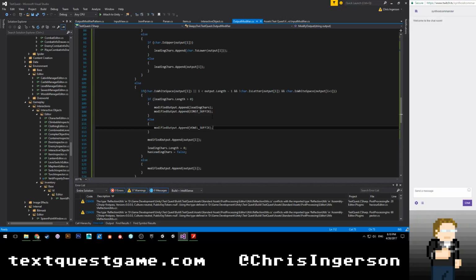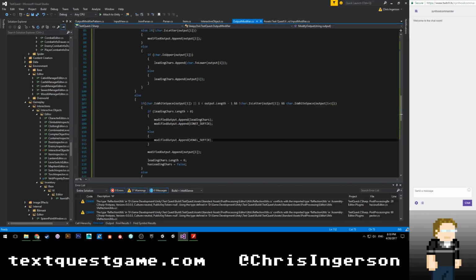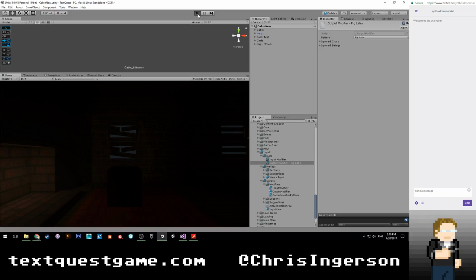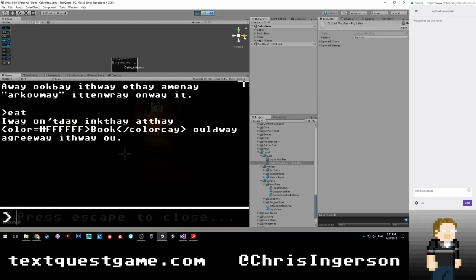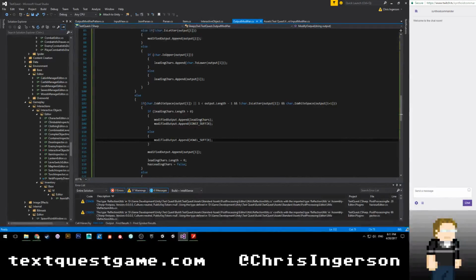Oh, I know why. It's because I'm checking for a white space. That's actually not good enough. The problem is if I just type the word eat with no space after it. Here, I'll show you what I mean. Actually, it might get trimmed, so it might not make a difference. So if I say eat then space, yeah, okay, so it gets trimmed. The problem is that it's not formatting it because there's no space after it, which means it's not saying, oh, there's a white space here, I'm going to format the previous word. So I need to actually